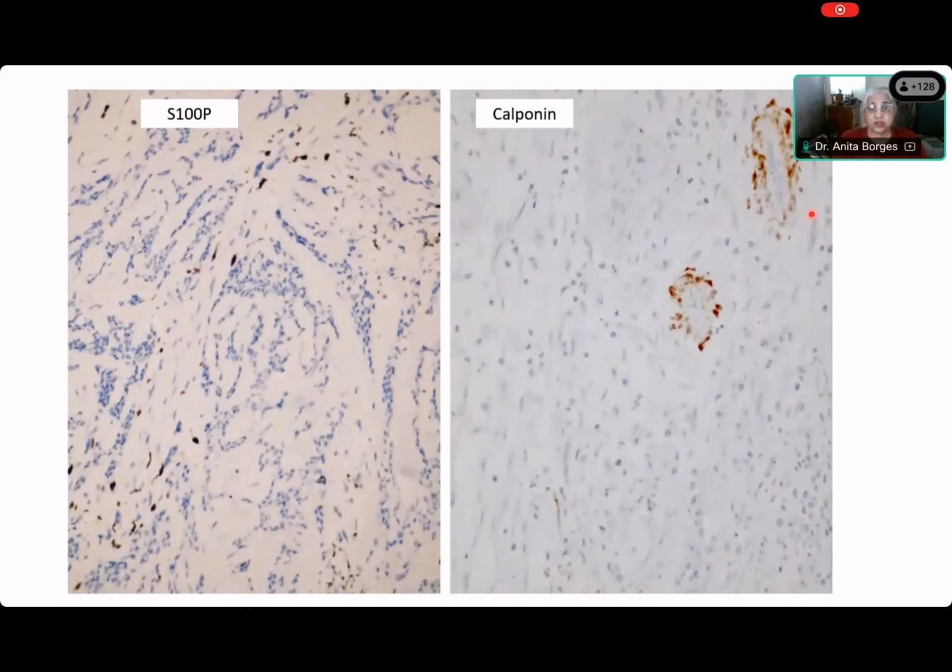There's no S100 protein, which is also a marker of myoepithelial cells, and there is no calponin. Okay, what is calponin being expressed in, Somik? You see some brown stuff? Yeah. So what is it being expressed in? Can you think what this calponin is being expressed in? Okay, Akshana, will you help him? These can be blood vessels. They are blood vessels. This is the smooth muscle of the blood vessels. So calponin is one of the markers that we use to determine whether or not there is smooth muscle in a variety of different conditions. And here you have calponin. So, the stain has worked because the internal control is there and the cells are negative.